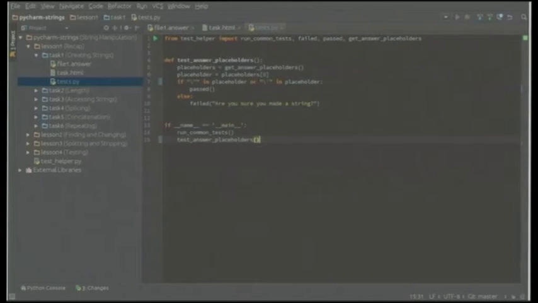The tests file. See on the left there, kind of bad resolution, but there's a file called test helper. That contains all the different methods you can use for testing. You can check what they wrote in the placeholder and also what the output was when they ran their code. Just note, it converts everything to strings, which is kind of annoying. But it also runs a bunch of common tests, which are things like, did they edit the file? Is the file empty? Did they just delete all the placeholders?